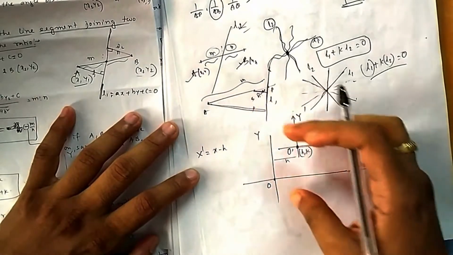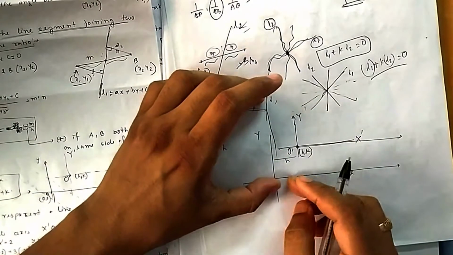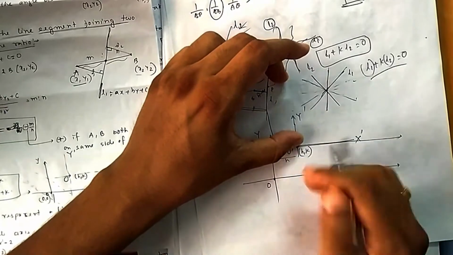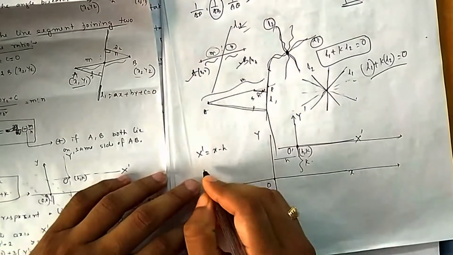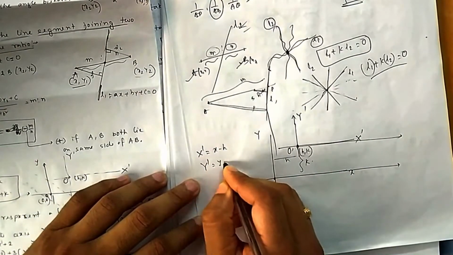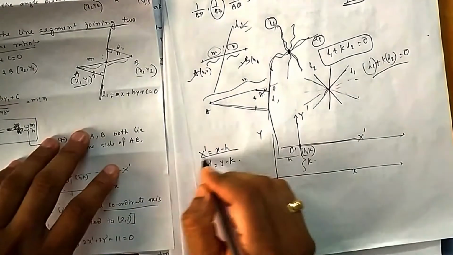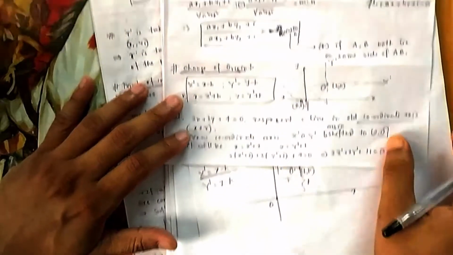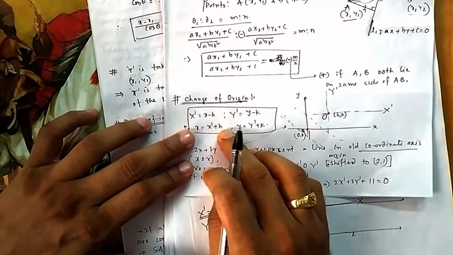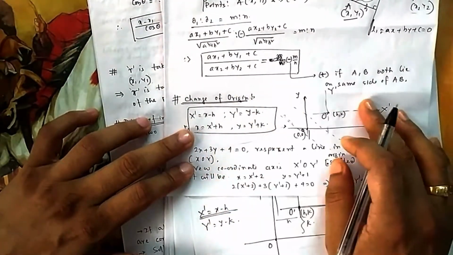Similarly for the new y dash, earlier from here to here this was y. Now it starts from here, so you reduce by a margin of k. So new y dash will be small y minus k. That thing can be modified, and it is written here. So you can see now small x will be x dash plus h, and small y will be y dash plus k. So this is the way to change the origin.